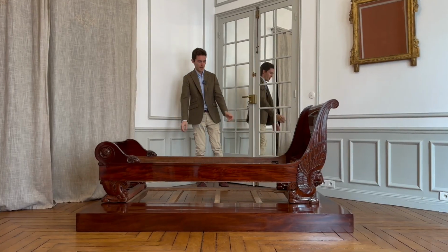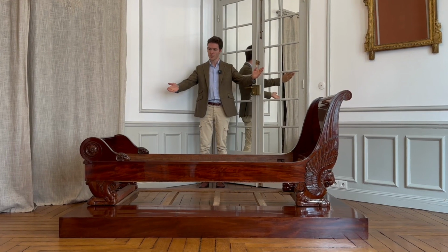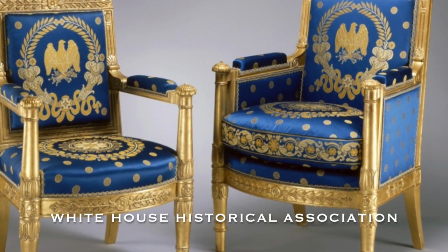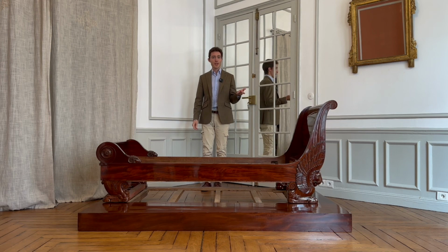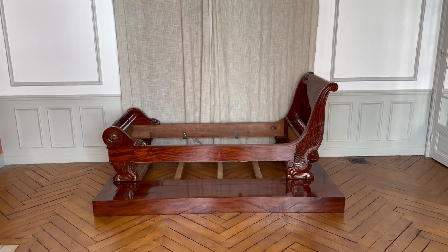Nothing could be more spectacular than this fascinating lit à l'antique by Pierre-Antoine Bellangé, the maker who delivered furniture to the White House in 1817, one of the most celebrated French names in early 19th century furniture history. Welcome to the channel, welcome back to the channel, where today we have an incredible piece